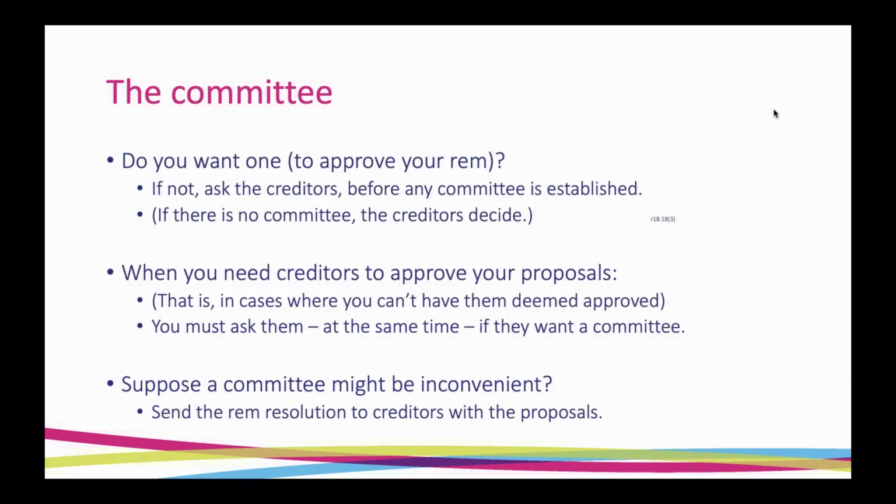Right, so that's now moving on to the committee. The point I want to make here really is that to a great extent, having a committee is actually optional.